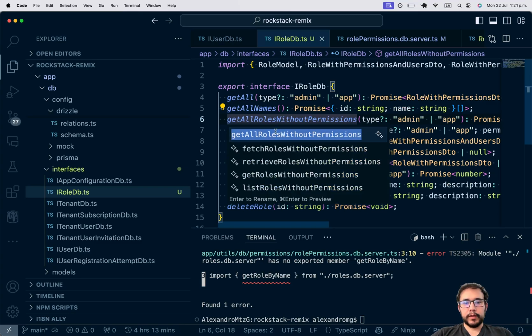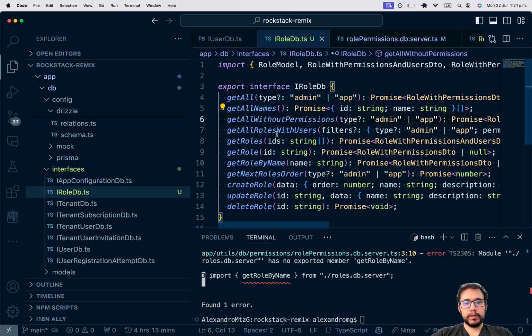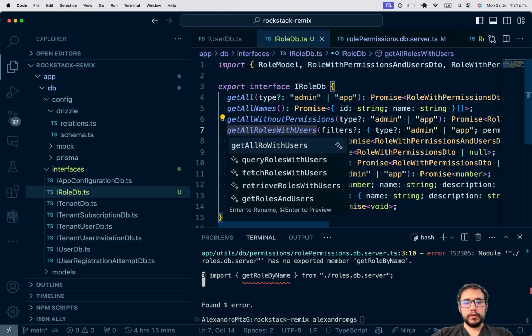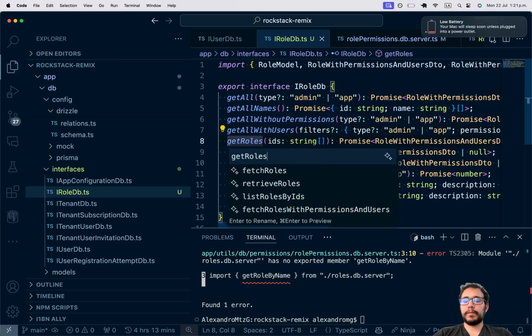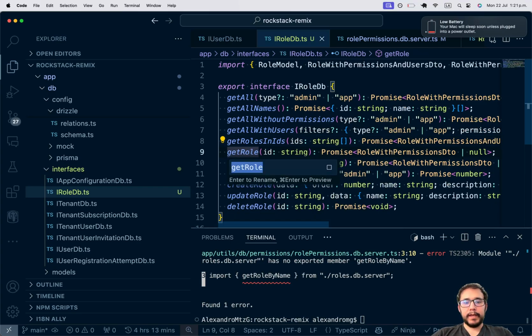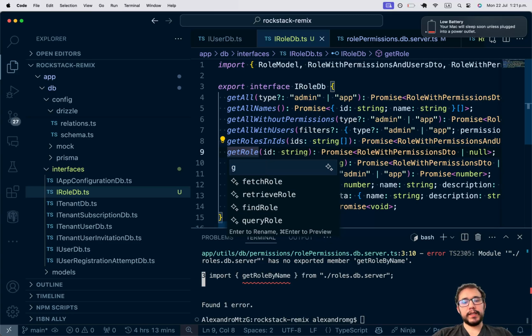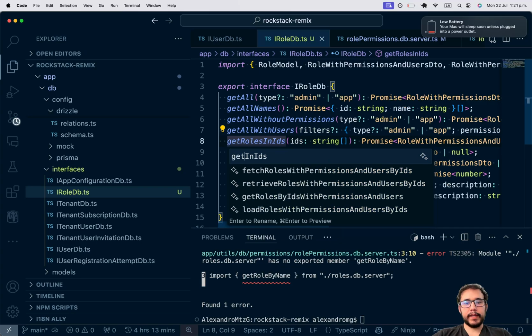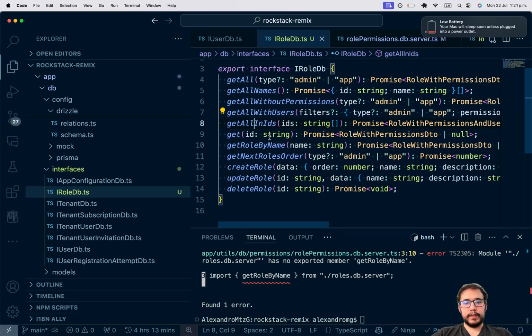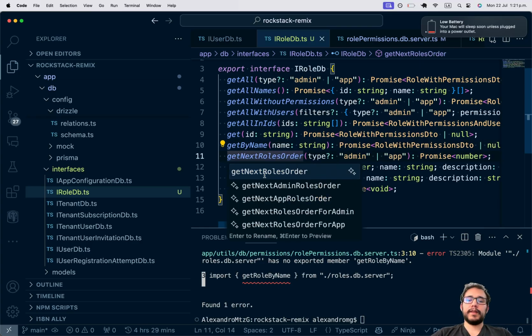Get all roles without permissions, remove roles, and get roles by or in IDs. Instead of get role, it's just get. I mean, this should have been get in IDs, get all in IDs. Get role by name, get by name. Get next roles order, get next